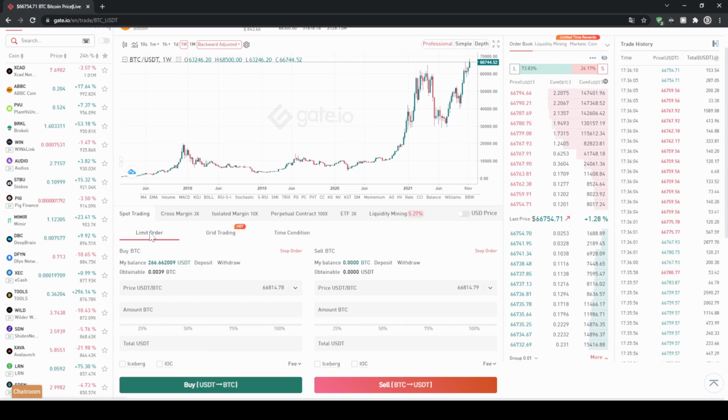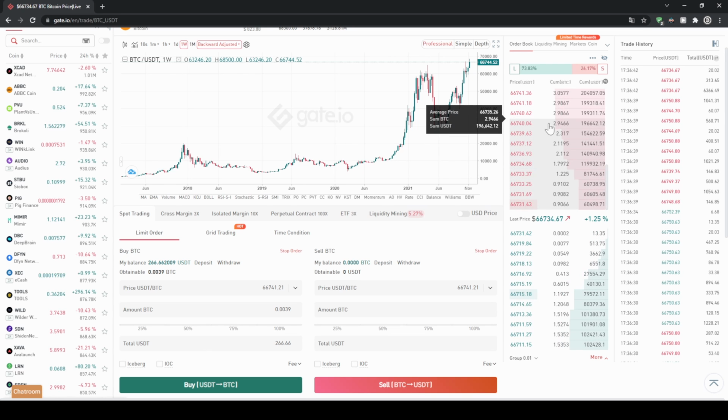So as you can see, we can choose a limit order on the spot market. And you might be wondering, where is the market order that we can execute immediately? Don't worry, we can easily use a limit order to make a market order. And to do that, we just enter a price right here that's a little bit above the current price. You could either type it in right here or just click on whichever trading pair you are in the order book right here on the top, for example, somewhere. And then the price is a little bit above the current price, and then it will execute it